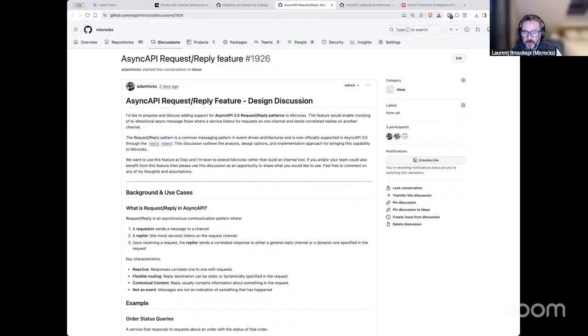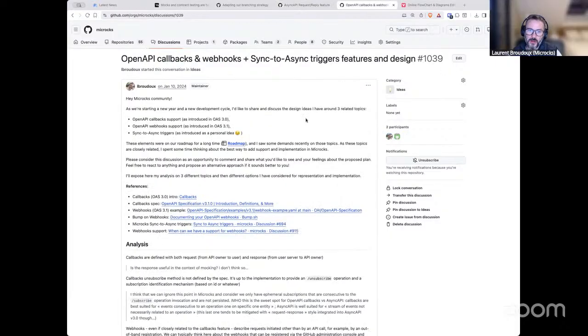It's about request-reply features, and this topic is quite close to another investigation I started two years ago, about how to implement OpenAPI callbacks, OpenAPI webhooks, and how to introduce some kind of links between synchronous operations that we may have on some mocks and asynchronous operations on some of the mocks.